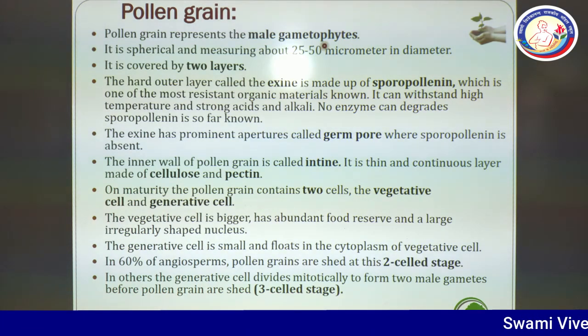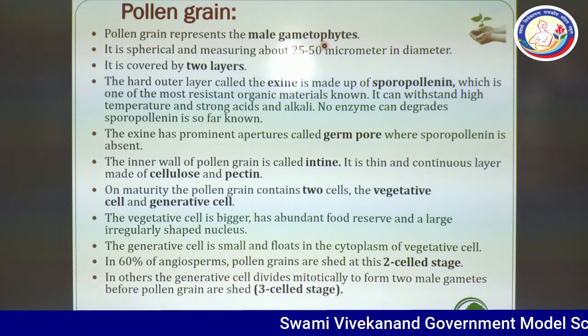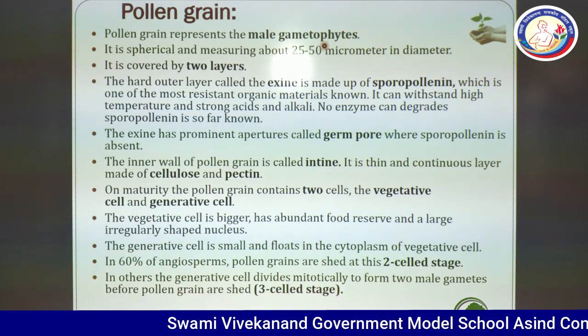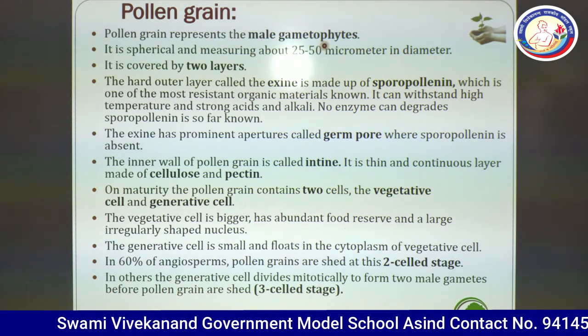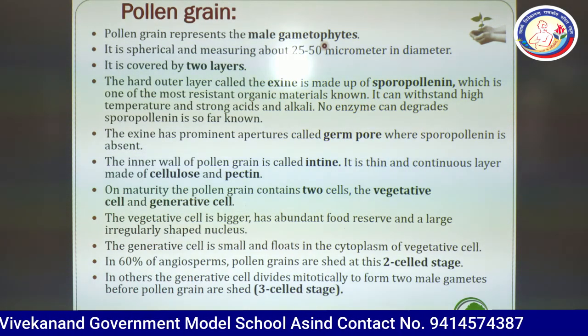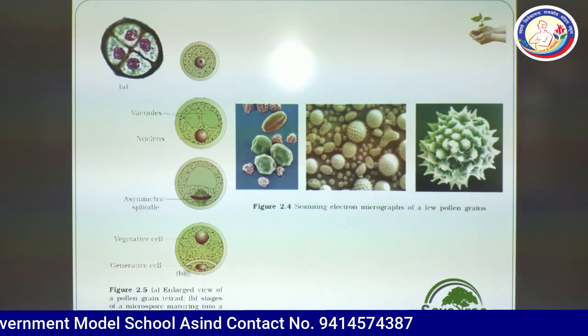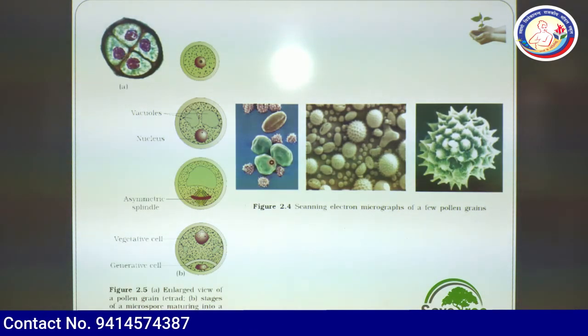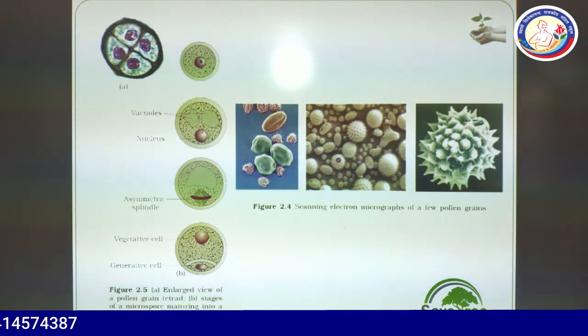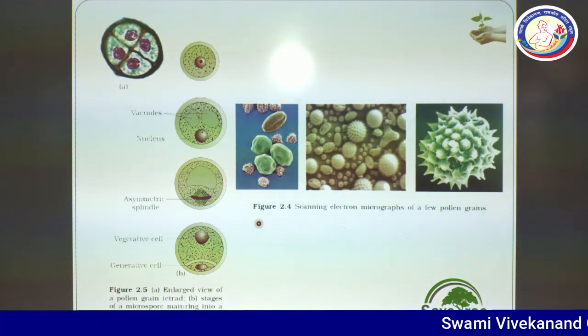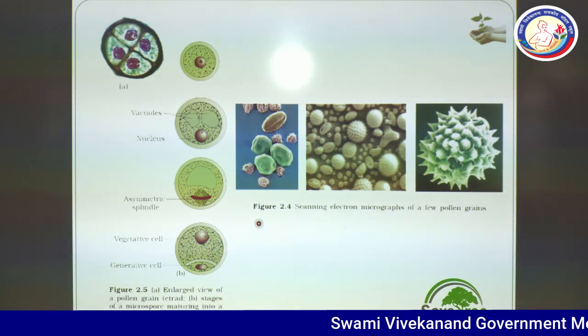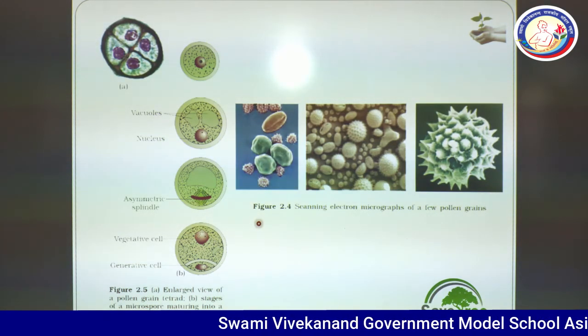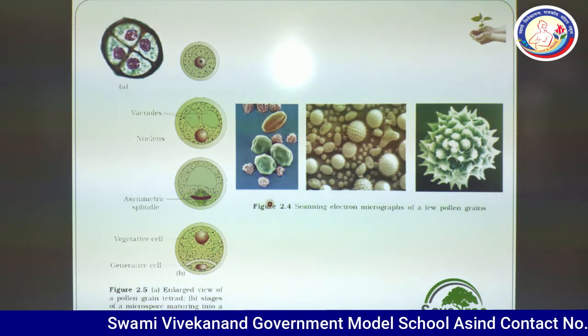Although pollen grains may be of different types, there is a great diversity in the morphological structure. Have a look here. You can see this is the wheat grain like structure, this is the pea like structure, and these are the different structures. It is given in figure number 2.4 here, and it is taxonomically very important,